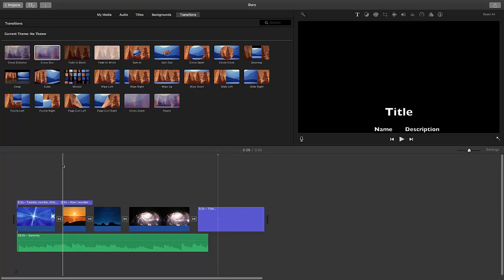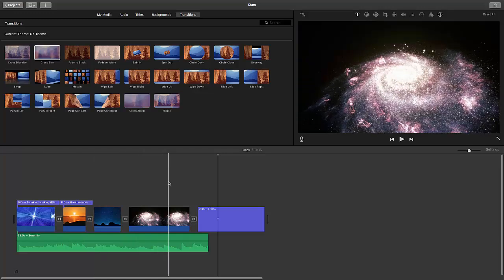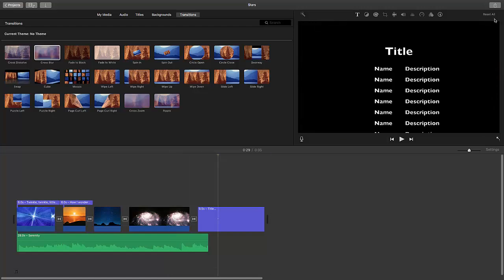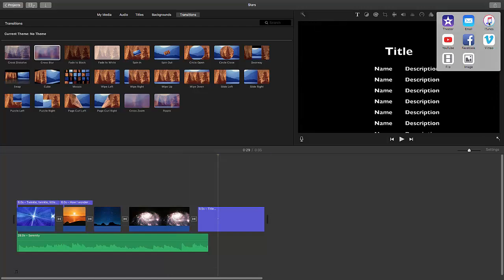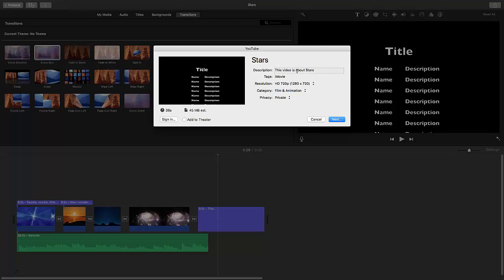So once you have a production piece that you're really ready to send to YouTube or save as a file, you just go up here to the export option, share it. You can share it via email, you can share it via YouTube or Vimeo, and you can save it as a file. I mean, you can do other things with it as well, but obviously these will be kind of the go-tos. If you want to do YouTube, you just click on that, and it'll open up this option here,